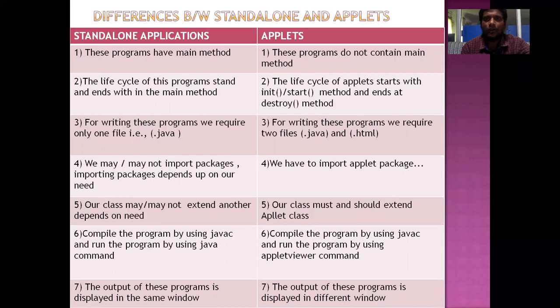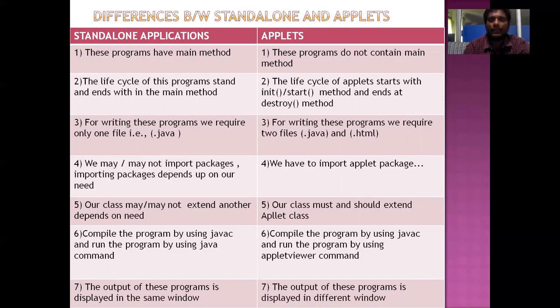The applets do not have a main method. Already we said in the first difference that applets do not have a main method. But now what happens in the case of applets? We don't have any main method. Now how will these applet programs start and end execution? Here in applet programs, the life cycle of an applet is completely different from normal programs. The life cycle has 4 methods: init, start, stop, and destroy. The usage of those methods and how they are called by the JVM, I will explain in the next slides. Keep these points in your mind.